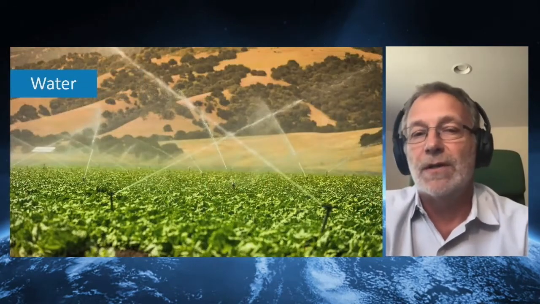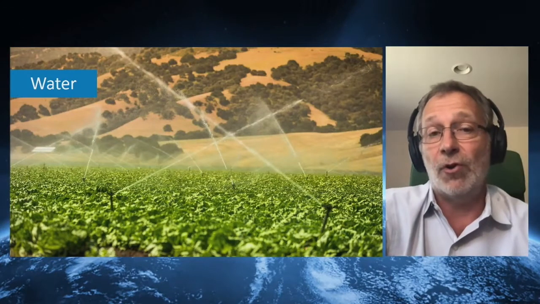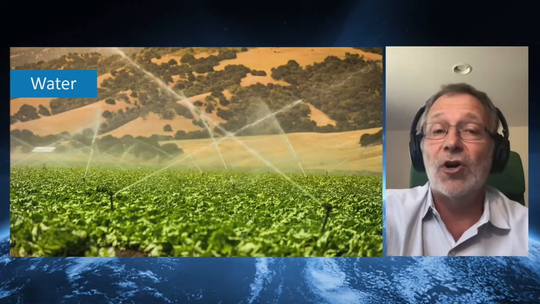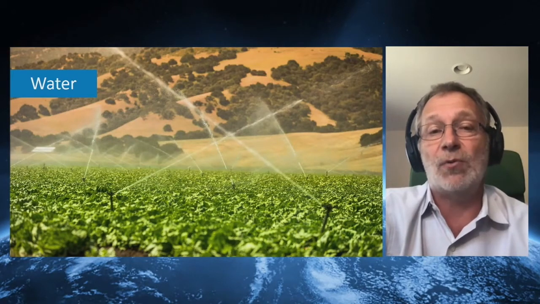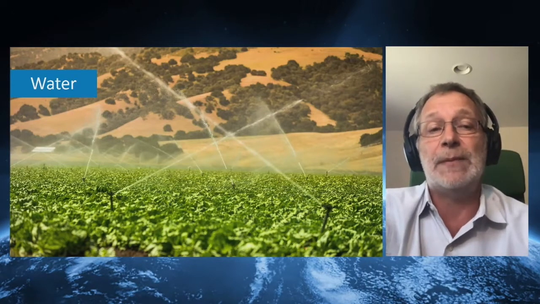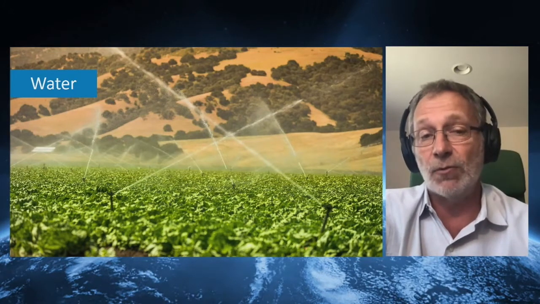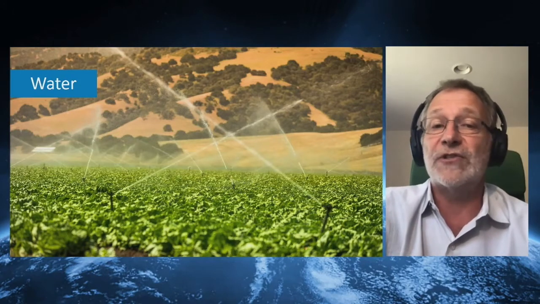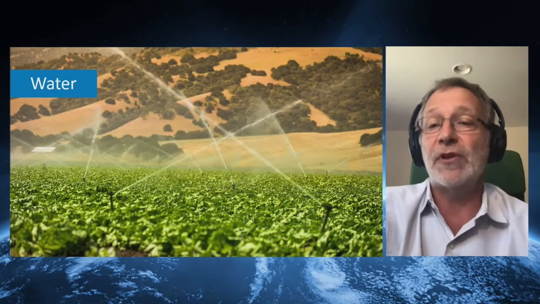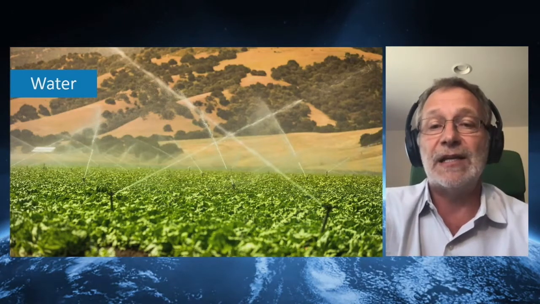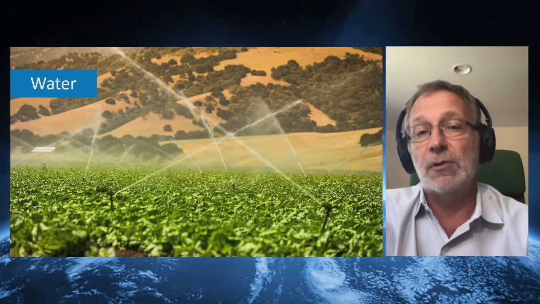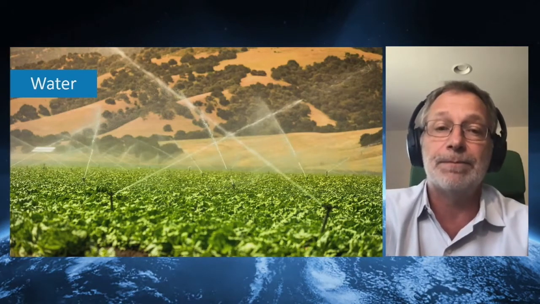And then there's water. As you all know, we have a lot of water on our planet, but most of the water is very salty. In addition, we are not providing good drinkable water to a lot of people on our planet. Many millions of people have feces contaminated drinking water on a daily basis. A lot of water is used for irrigation to grow our food and vegetables. So how do we do this in the future? How do we create enough water resources that we can provide all the food on our planet? So water will be a big issue for our planet.